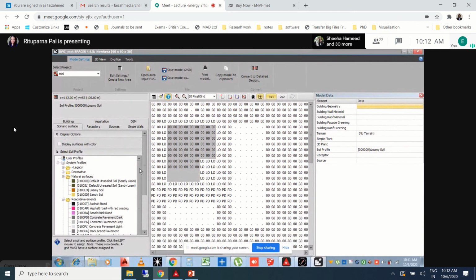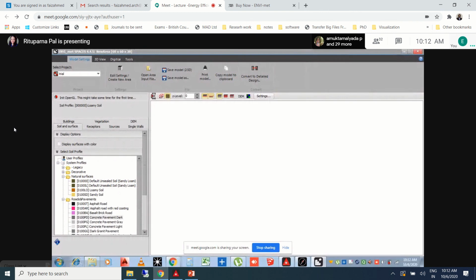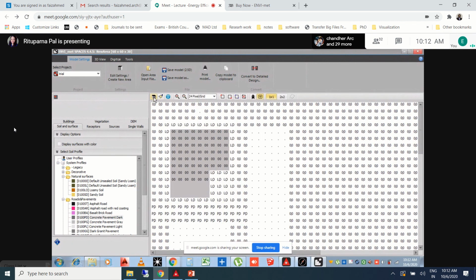Maybe zoom out and check. Just check whether you're in the same grids. Maybe your building is somewhere up or down. No, sir. Okay, just do one thing: on that small horizontal tab, there is one cube, right? Can you see it on the screen? Yes, ma'am. Just click on that. Are you able to see your building? Yes, ma'am.